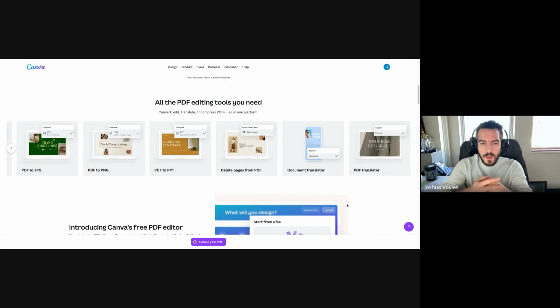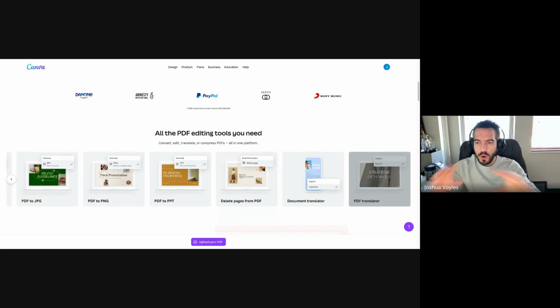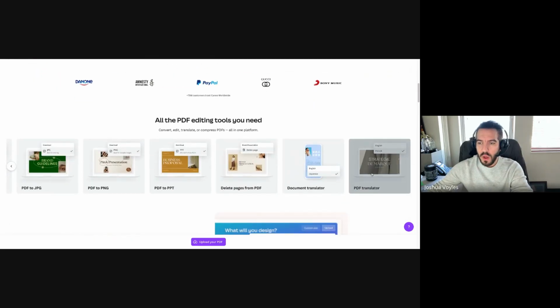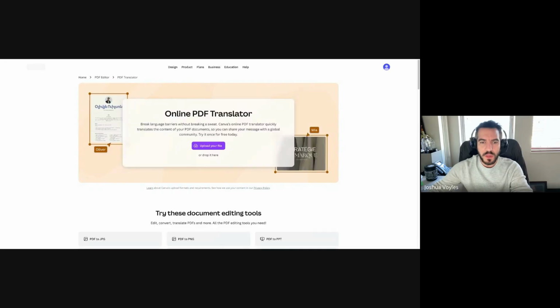And so, if you're using something else, keep using it. I know that also the Cami tool is really cool for PDF editing, and you can merge pages from different PDFs together, but you can also try using this. One thing I wanted to show off really quick that I thought was really cool was this online PDF